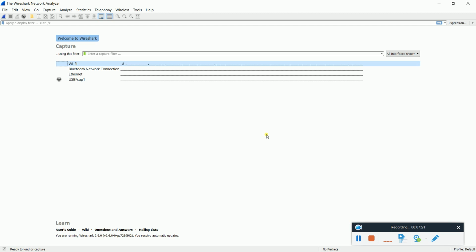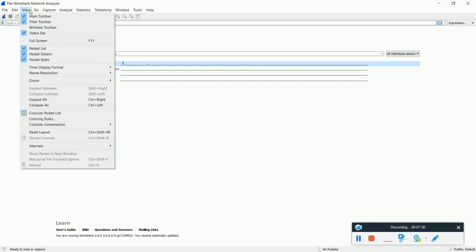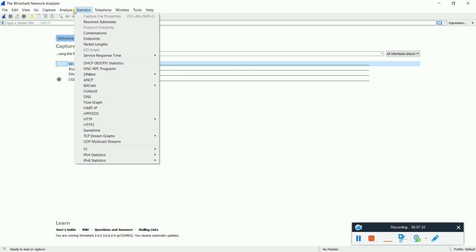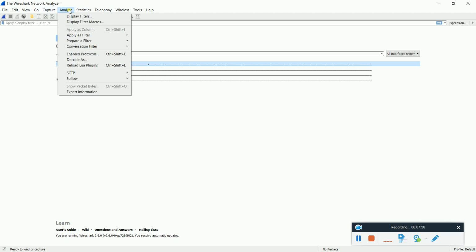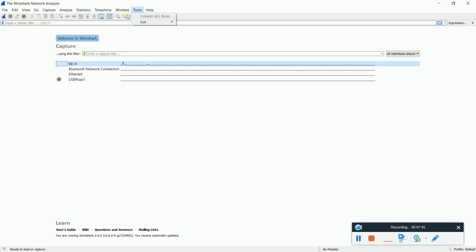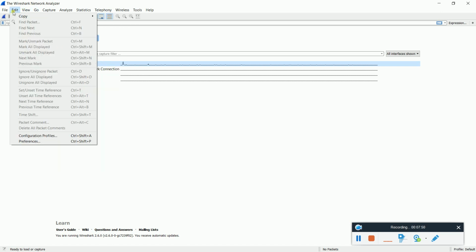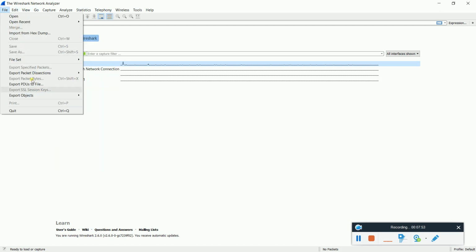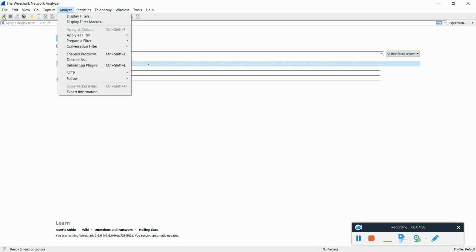And so what will happen here is once it's loaded up, just to kind of see how the capture works, there's an option to start capturing packets right here. It does have a lot of other options, and it goes very in depth on what it can do that we will not cover in this video here today. But you can end up tracking statistics on what is happening. You can analyze and apply filters to look for just certain areas, certain protocols, and there's different options as you go along as far as what this program itself can do. Now we're just going to go ahead and start capturing some information,